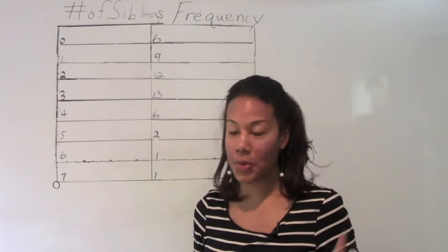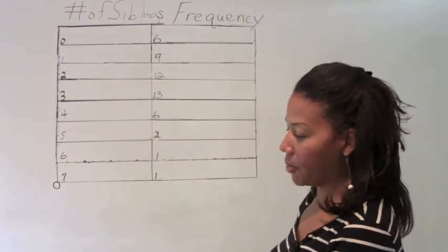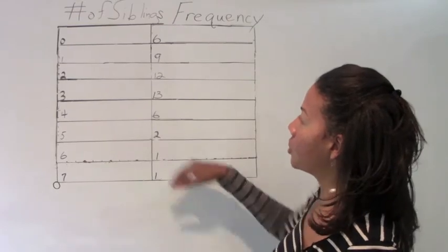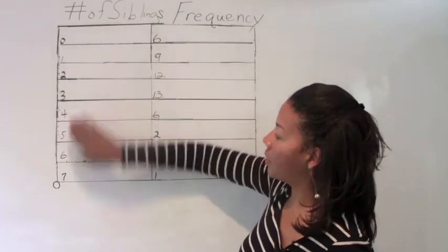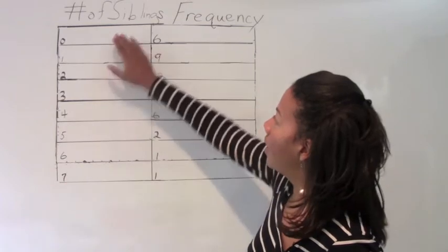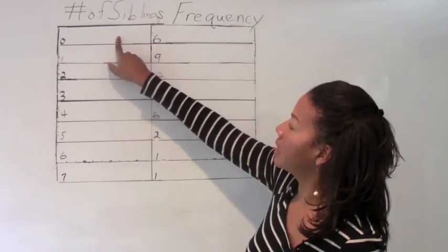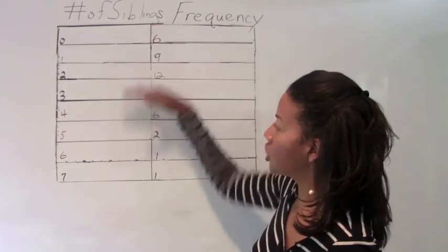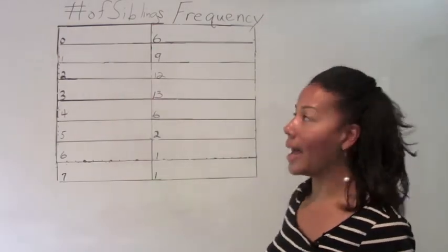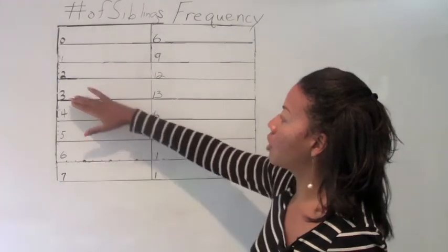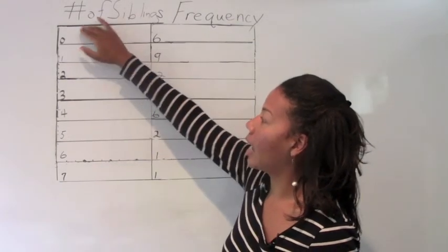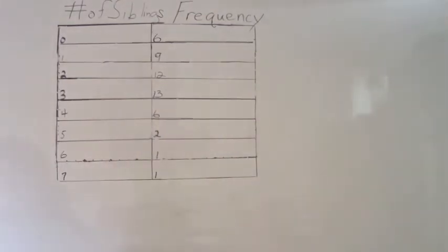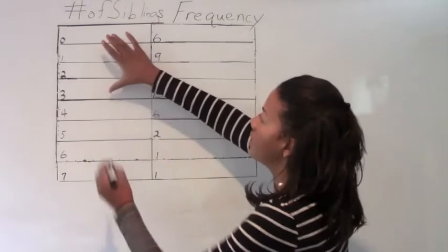Number 5, last one. Okay, so we are given a table that shows the number of siblings that each student in a sociology class has. So students in this class have between 0 and 7 siblings. 6 students have no siblings, 9 students have 1 sibling, 12 students have 2 siblings, and so on and so forth. So we're asked, among the group of students who have 3 or fewer siblings, how many total siblings do they have? Okay, so we're just looking at this part of the chart,